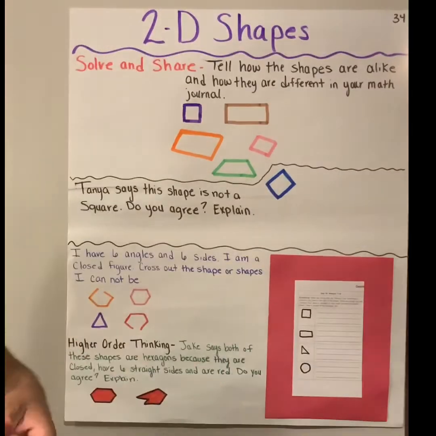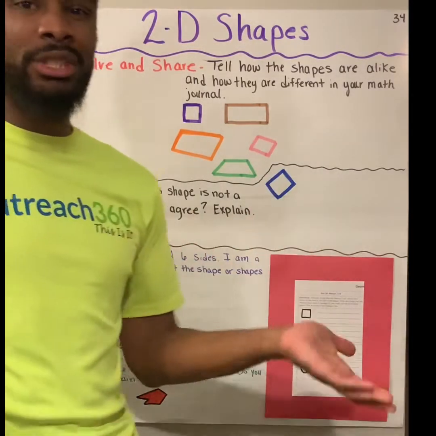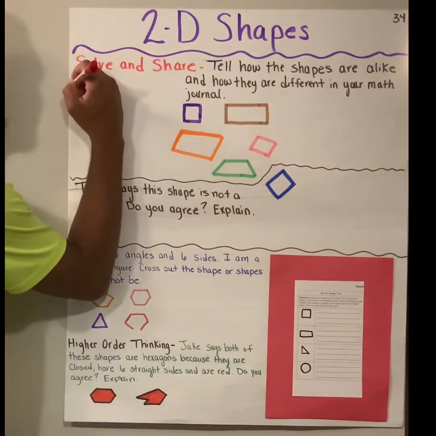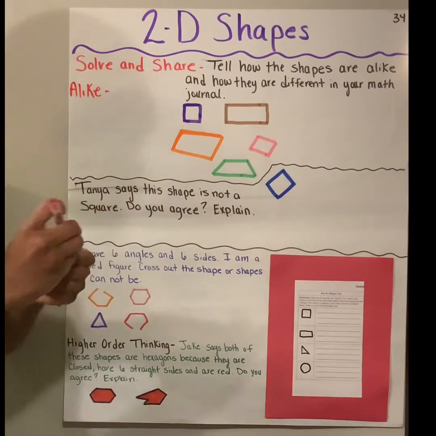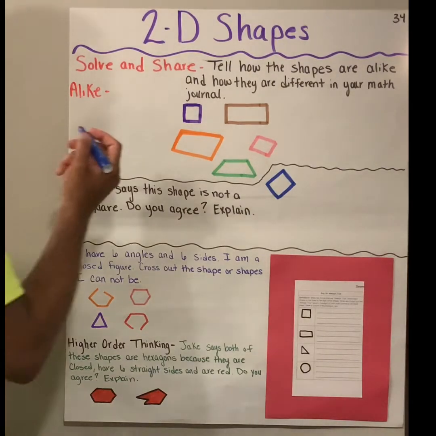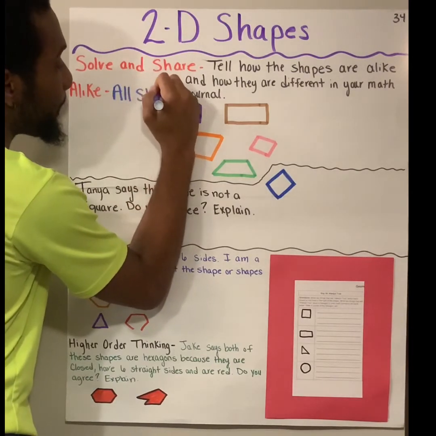So I'm going to write some things about how they are alike. So I know in order for it to be a 2D shape, I'm looking. So alike, and let's use a different color. We're going to say all shapes